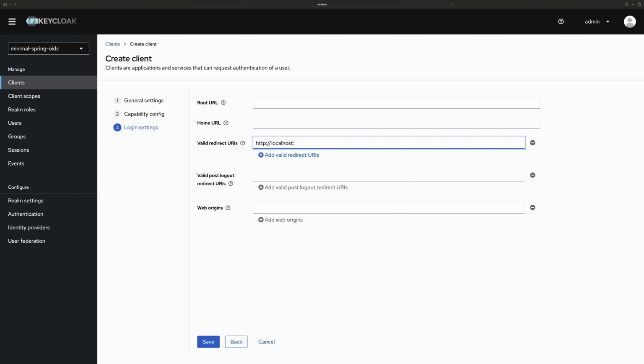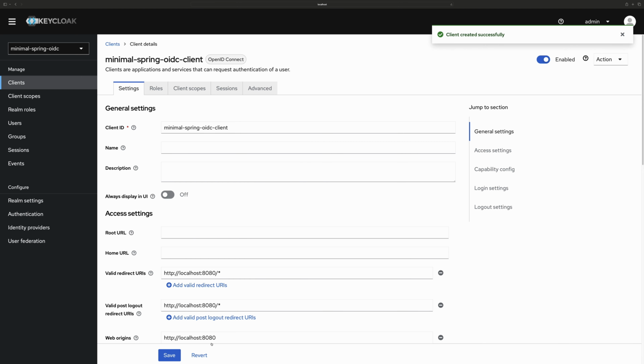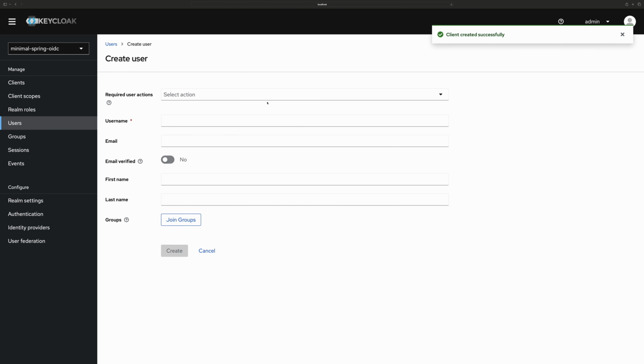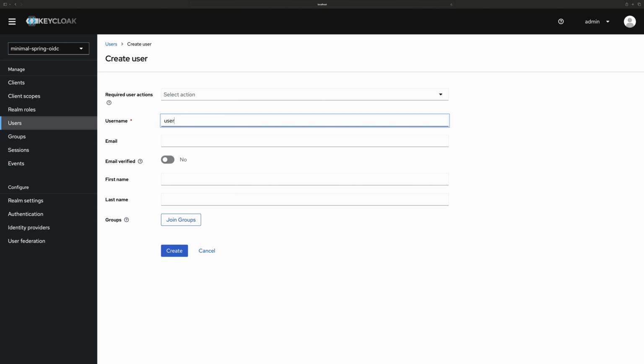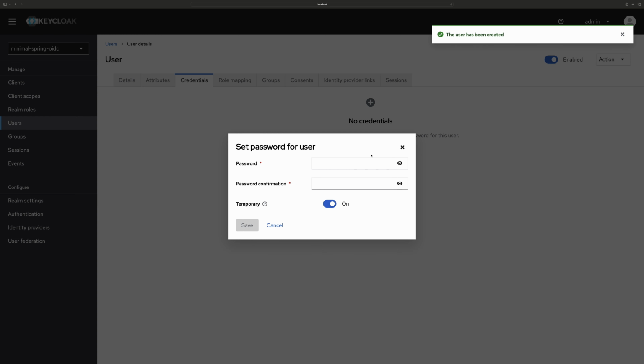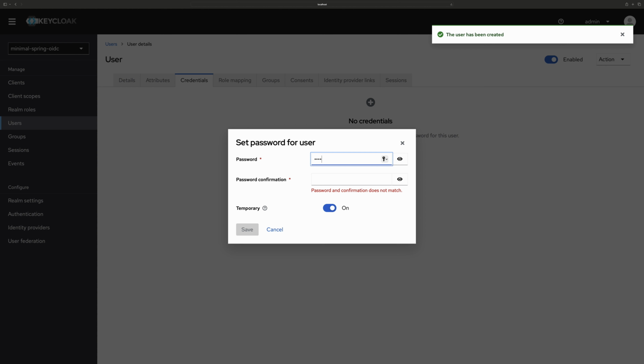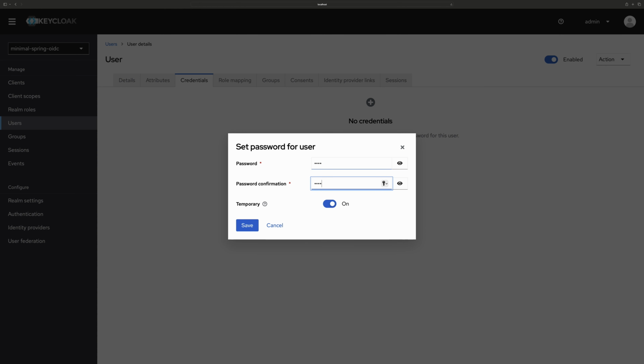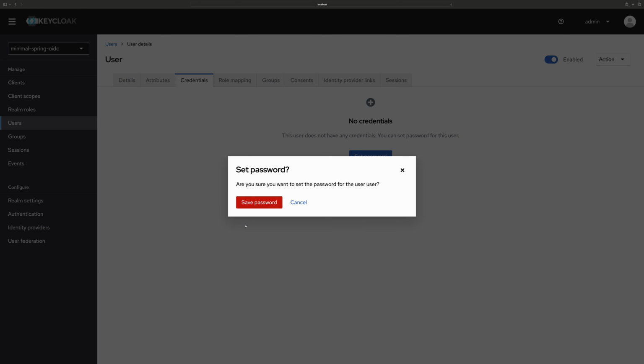Also the valid post logout redirect URL. By default it wouldn't be allowing anything. And that's the client. And next we have to create some user that we can log in as. Let's call it user. At this point this is running on localhost, so it doesn't really have to be that secure. So user with password user, that does just fine. And that's basically it for the